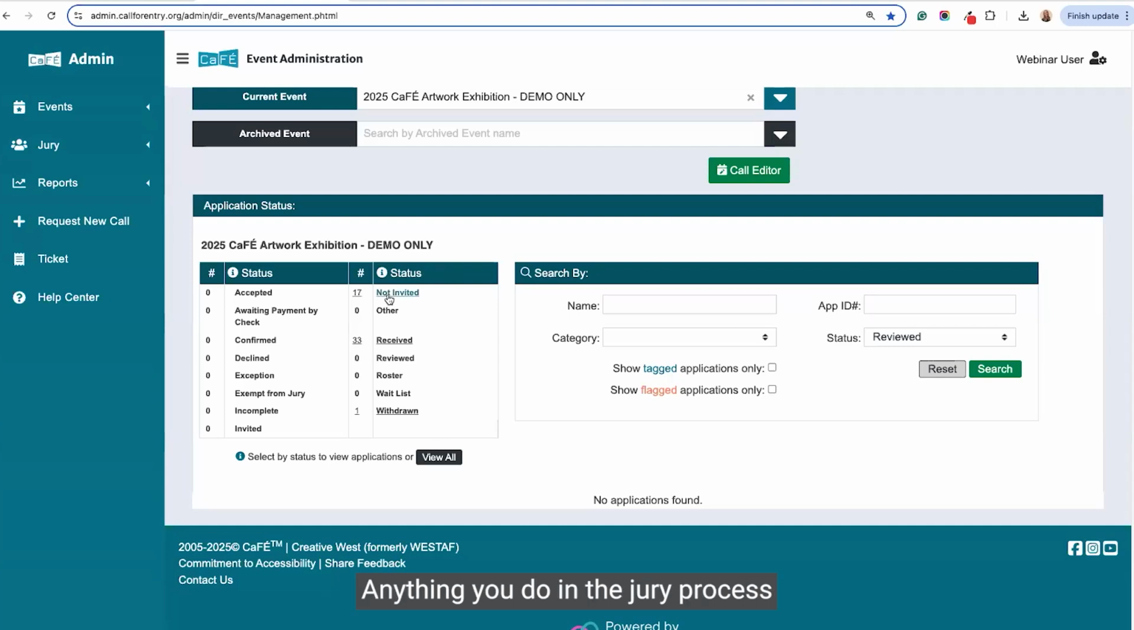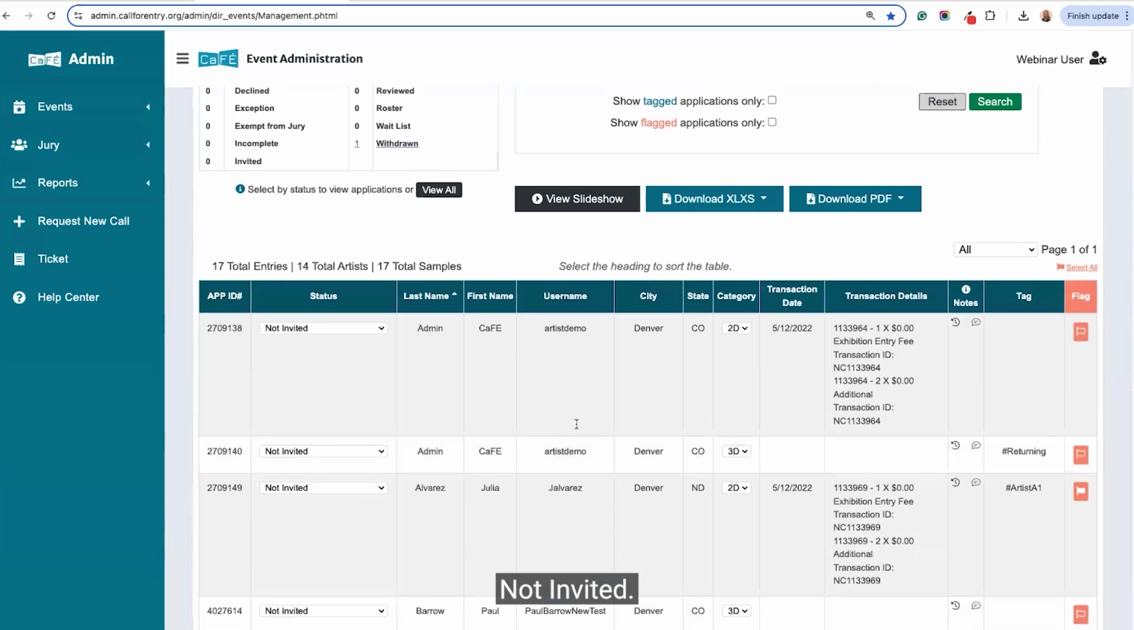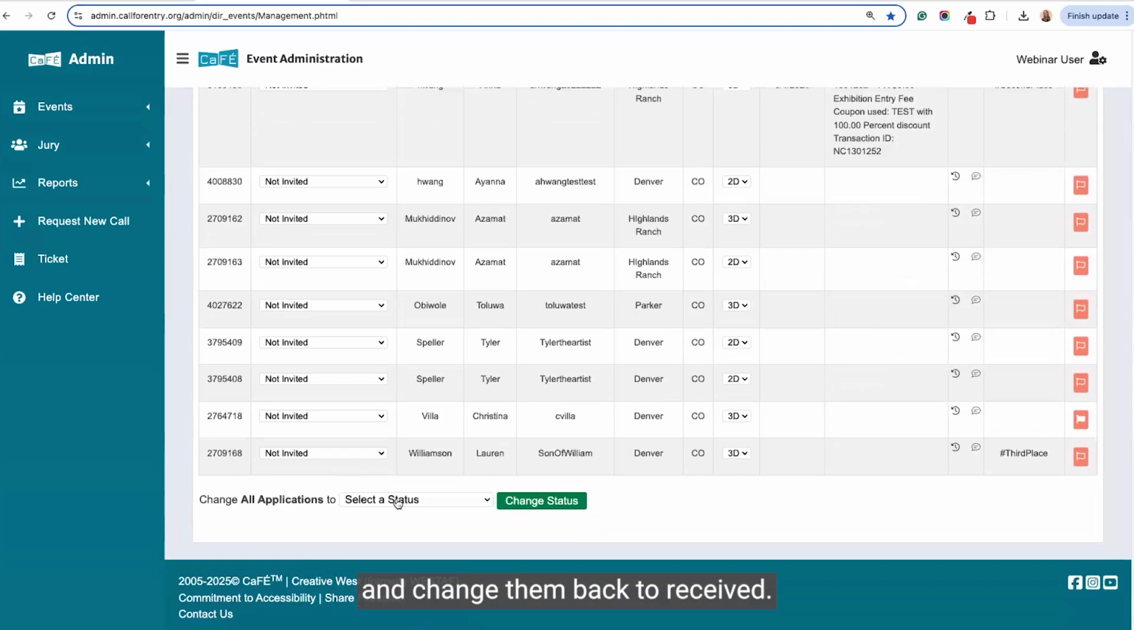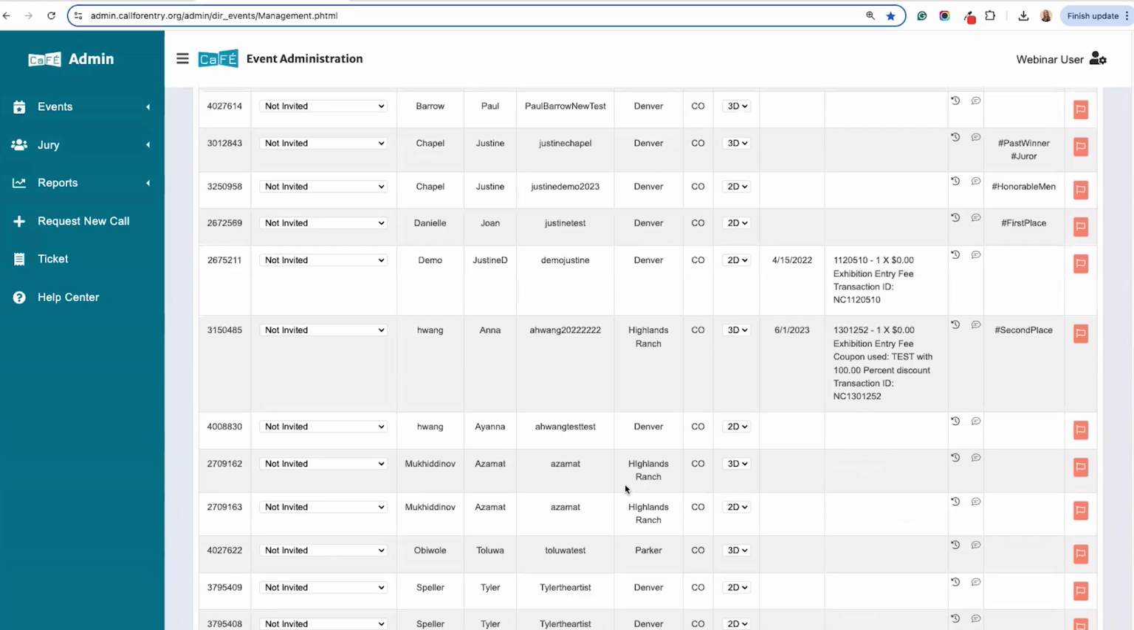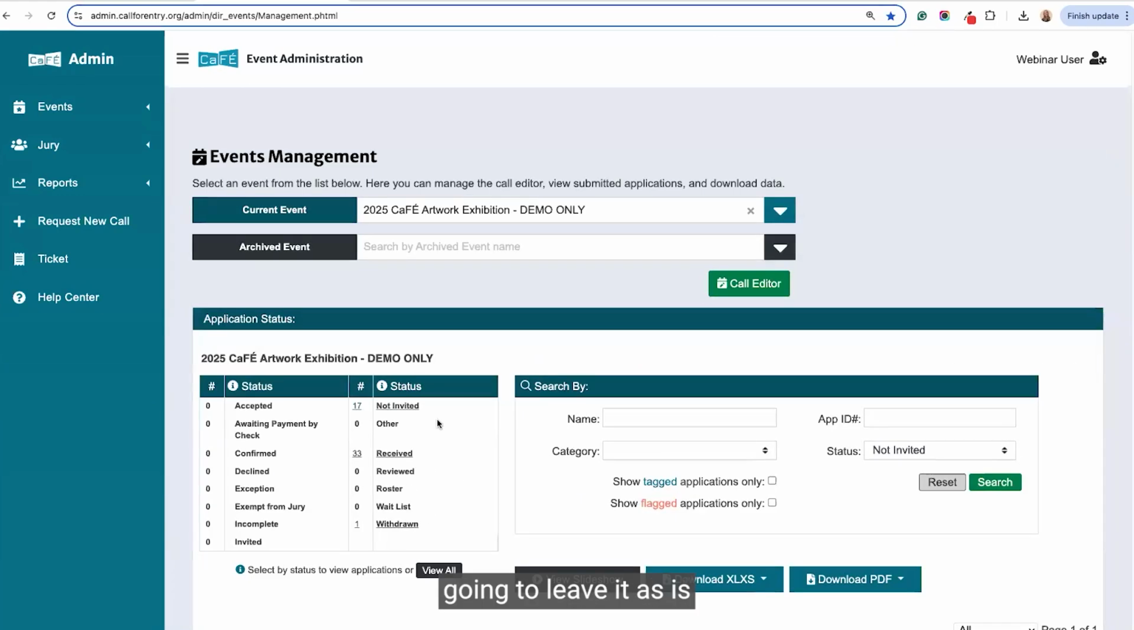Anything you do in the jury process in CaFÉ can be reversed. It's not a huge deal. So you can go ahead and click on not invited, and change them back to received if that's really what you want to do. Click change status, then you'll have all your 50 entries back in the received status, and you can do that process again to make the sort better. But in this case, I'm going to leave it as is,